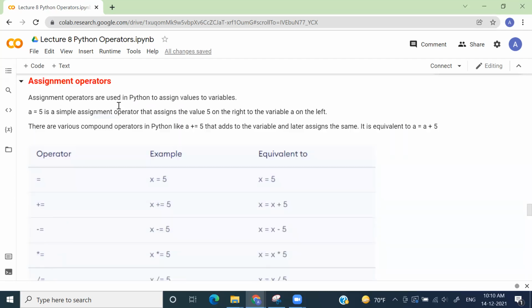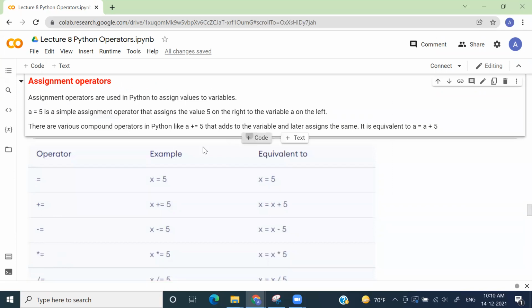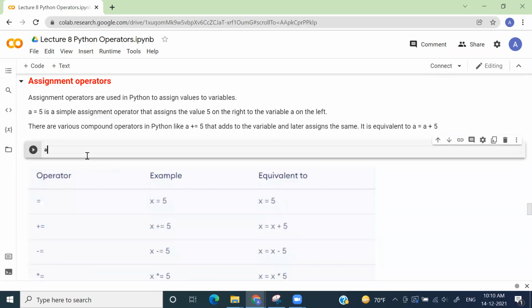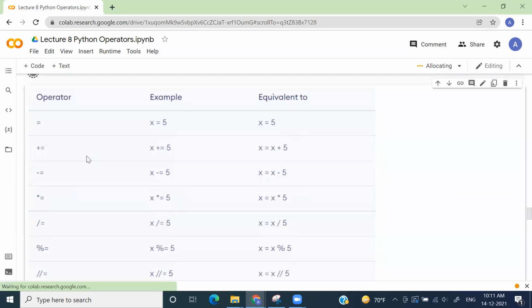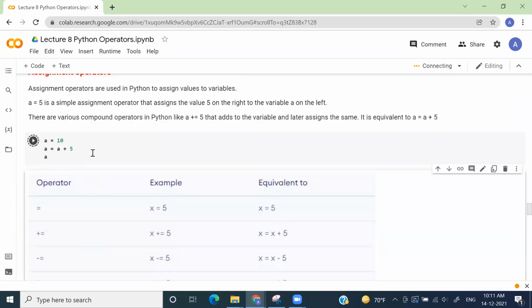So let's say that I have a variable a and I'm assigning 10 into it. Okay. Now, if I want to add 5 into this, right, what I can do is I can do a is equals to a plus 5, right? And if I do a print a, it will give me the output of 15.